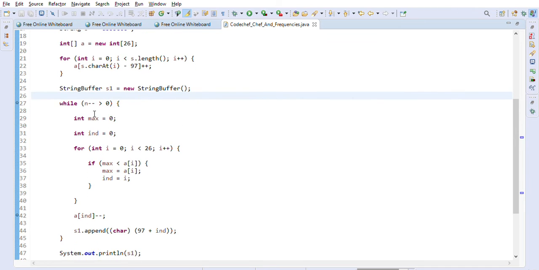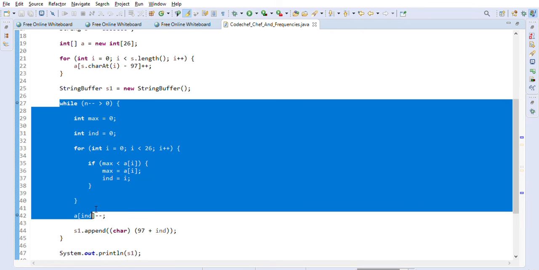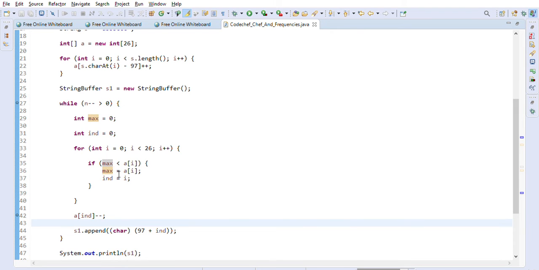So here we are having max as 0, and while our length is not equal to the length of the original string, this is our while loop. So we will keep looping, and here we are taking two variables. One is max and other is index.